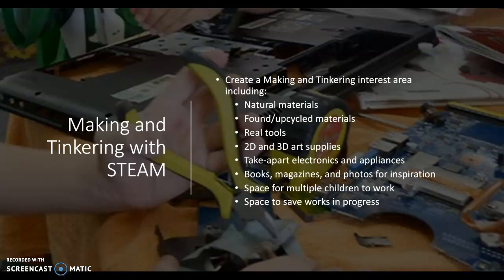I'd like to give them some real electronics to take apart using those real tools, see how they work, and get some inspiration there. And of course, books and magazines and photos for more inspiration along with real artwork. I want to make sure that there's space for many children's work at the same time, either collaboratively or independently in the same area. And of course, space for them to save their works in progress over a period of